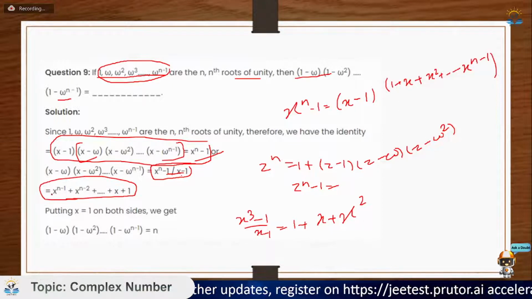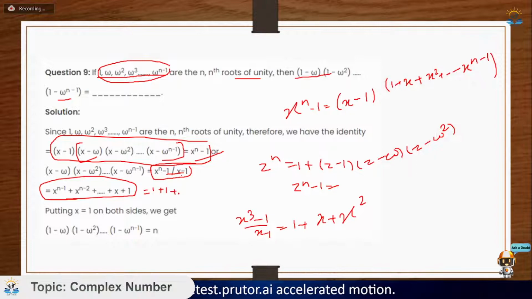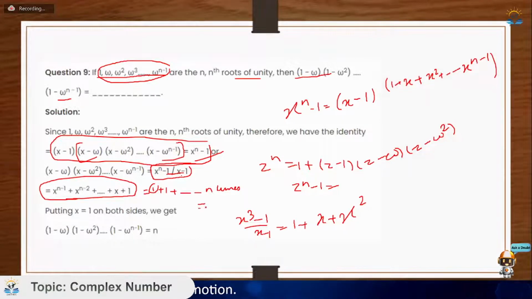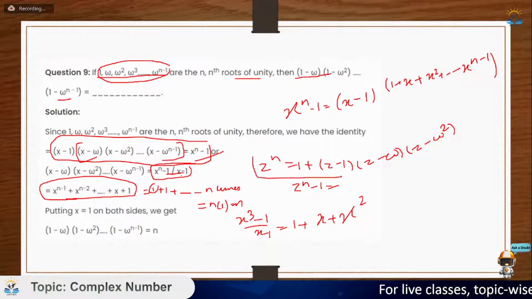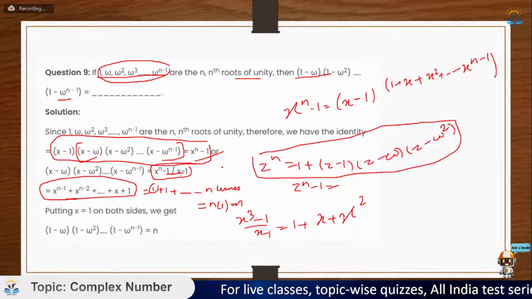सो यहाँ से मुझे मिल जाएगा 1 से लेके x^(n-1) तक, and now I will put the value of x equal to 1. सो this thing would be equal to 1 + 1 + ..., कितने टाइम्स ये आएगा? n-1 टाइम्स। सो 1 + 1 + 1, एक 1 ऑलरेडी है तो टोटल n टाइम्स हो जाएगा। सो 1 आएगा n टाइम्स एडिशन में। सो मेरा फाइनल आंसर हो जाएगा n×1, that is equal to n. सो this implies इस वाले एक्सप्रेशन का जो फाइनल आंसर आएगा वो आएगा n। लेकिन इस क्वेश्चन को सॉल्व करने के लिए मेरे को ये वाली आइडेंटिटी आनी चाहिए कि zⁿ-1 is equal to (z-1)(z-ω) up to (z-ω^(n-1))। अगर ये वाली आइडेंटिटी नहीं पता तो फिर ये वाला क्वेश्चन सॉल्व करना बहुत डिफिकल्ट होगा।